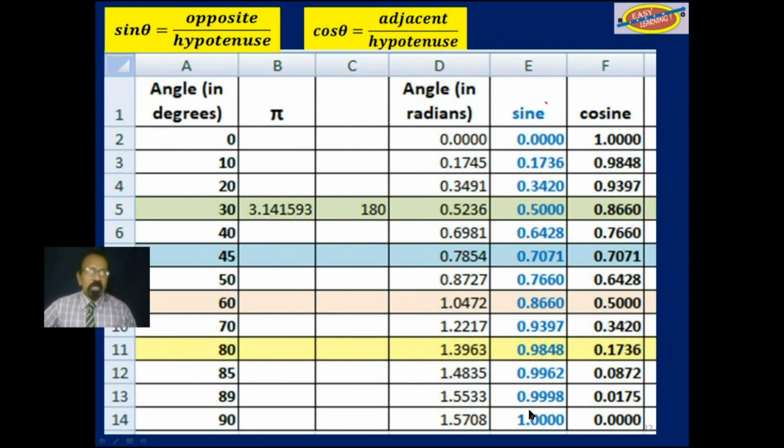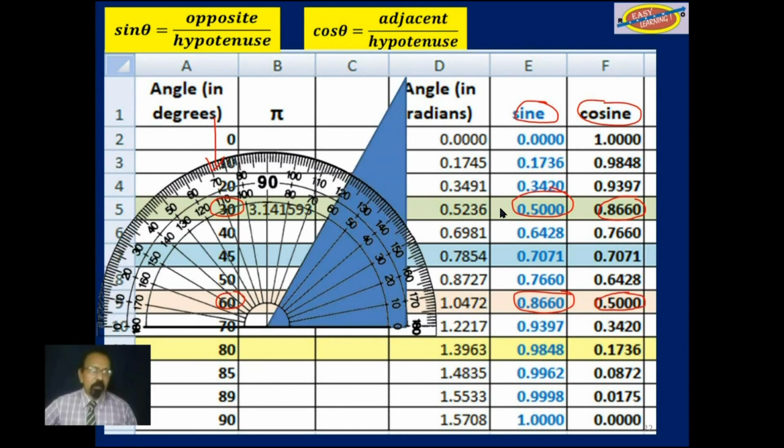We can compare sine and cosine side by side here. Over here are the angles. And again, if you find the sine of 30, you will get 0.5, but the cosine of 30 is 0.866. Conversely, if you find the sine of 60, you will get 0.866, whereas the cosine of 60 is 0.5, and so on. At 60 degrees,